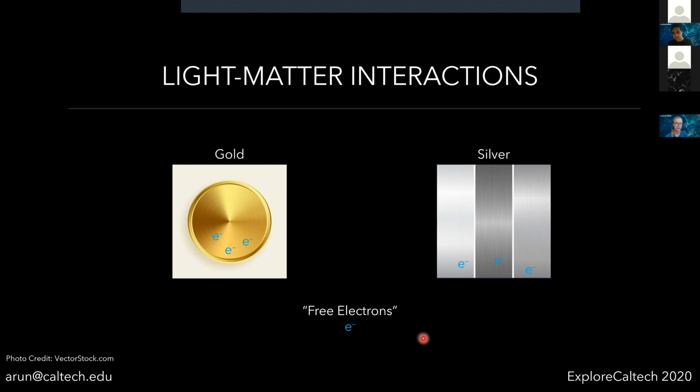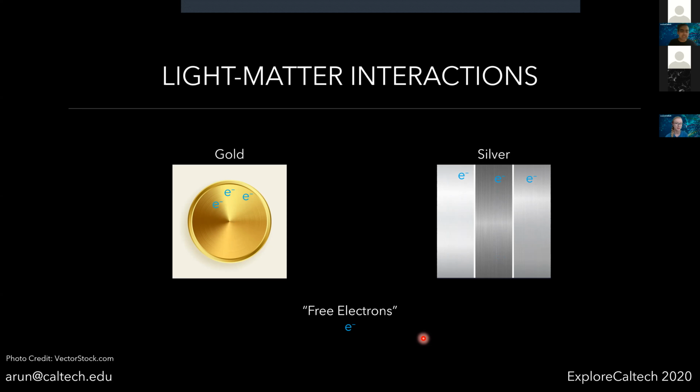And so if you apply an electromagnetic field, like light, to these materials, the free electrons inside of these materials are going to move, right? And so this is the key physical insight that we need to understand what plasmonics is. So what actually happens when you shine light on metals? Well, let's consider a model